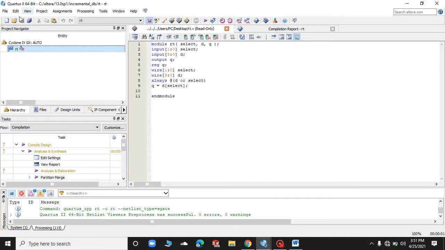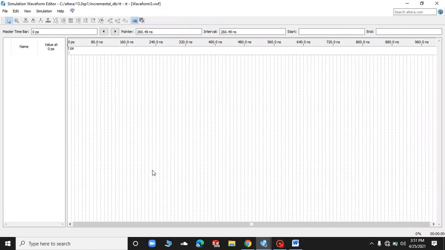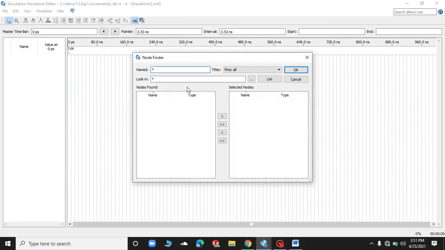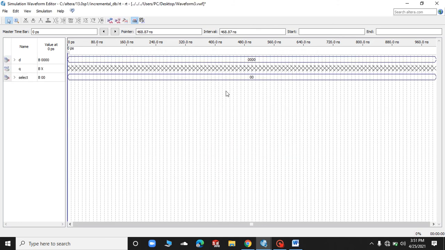When I open the waveforms, I'll click on new, and click on the university program VWF, then click on OK. Right click, insert node or bus, node finder, we'll click on list, and select these.